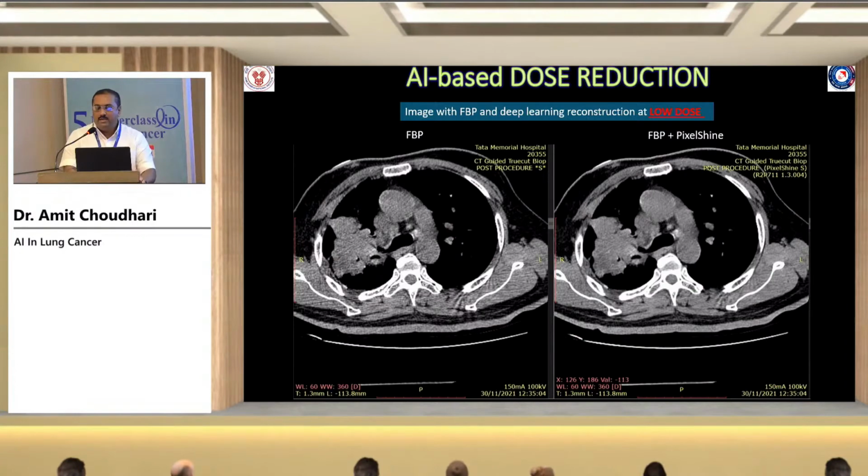Next is AI-based dose reduction technique, which is again another work in progress, wherein we can see that there is a low dose CT which has been acquired, and we can see that this image is very grainy, that is, it has poor signal to noise ratio. But by using